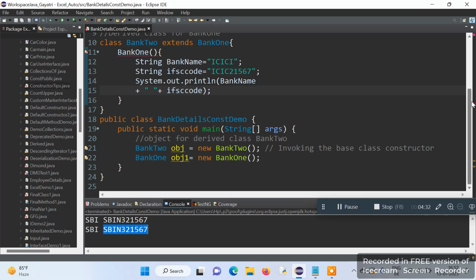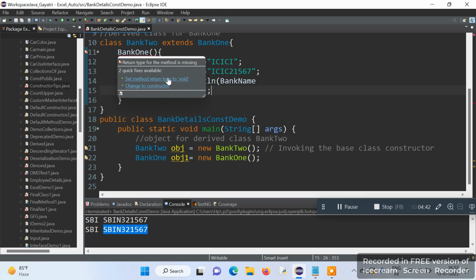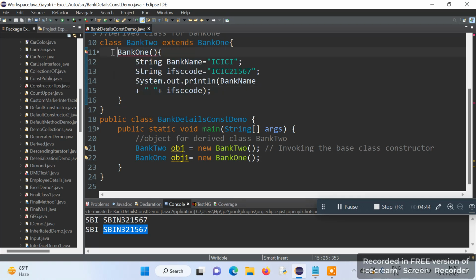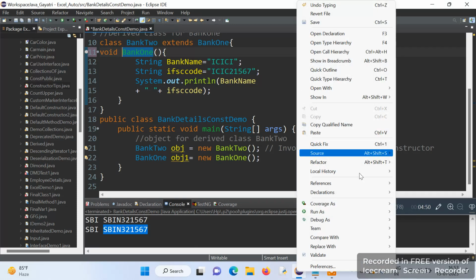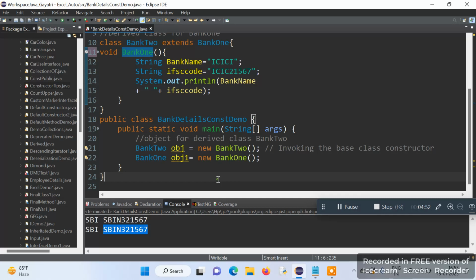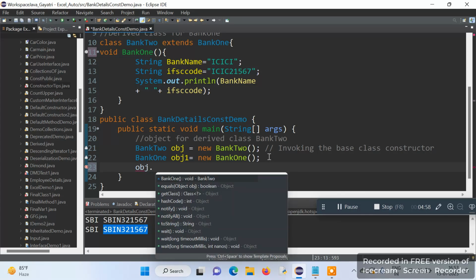So that means the concept of overriding is not applicable to constructors. The moment we try to create the same constructor in the derived class, it will ask us to set the return type to void. That means it will ask us to change it to a method. Fine. Now a normal method I can call. For example, I can call obj dot